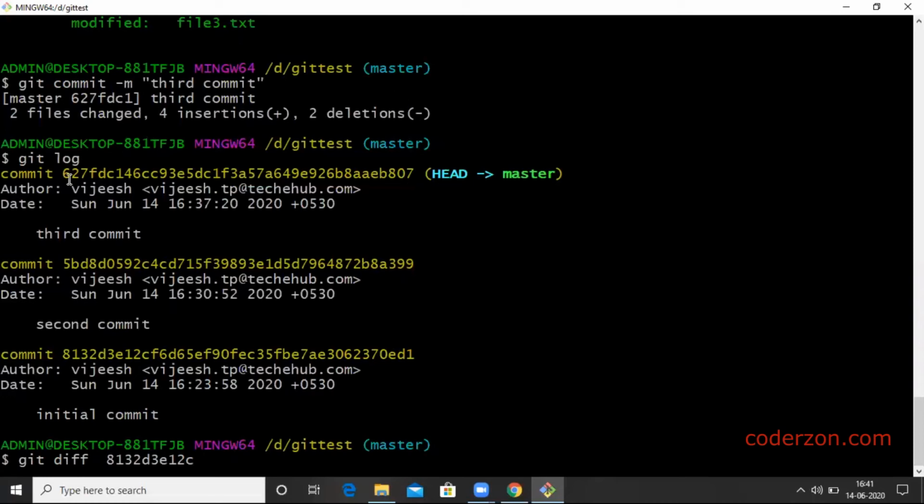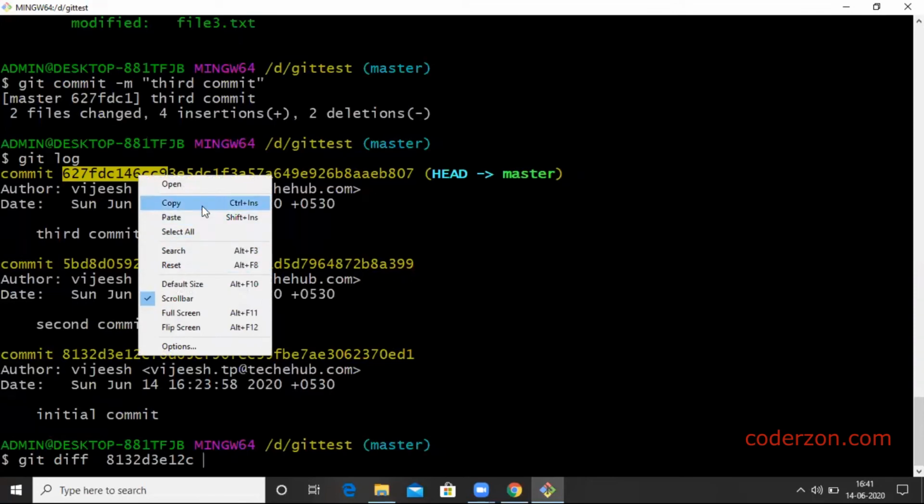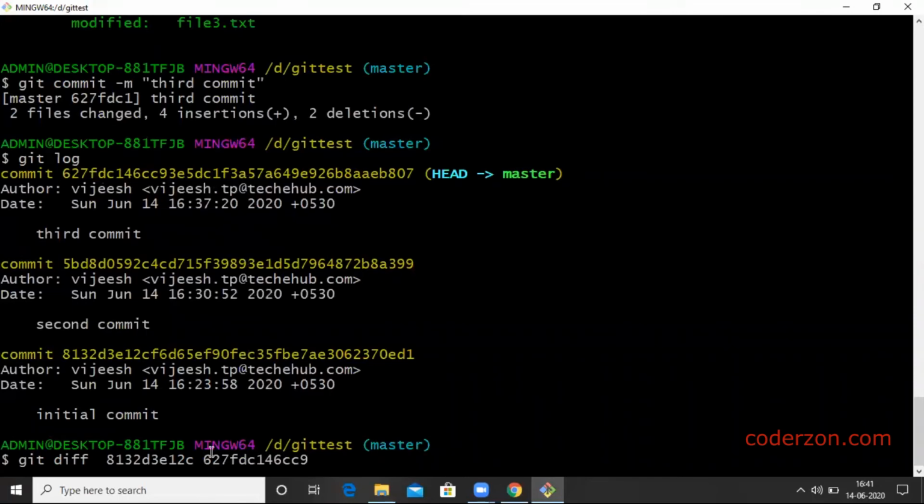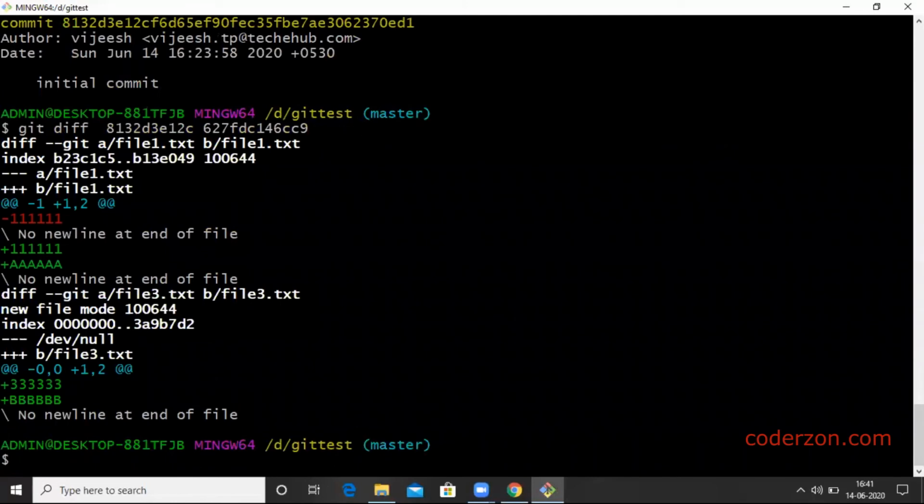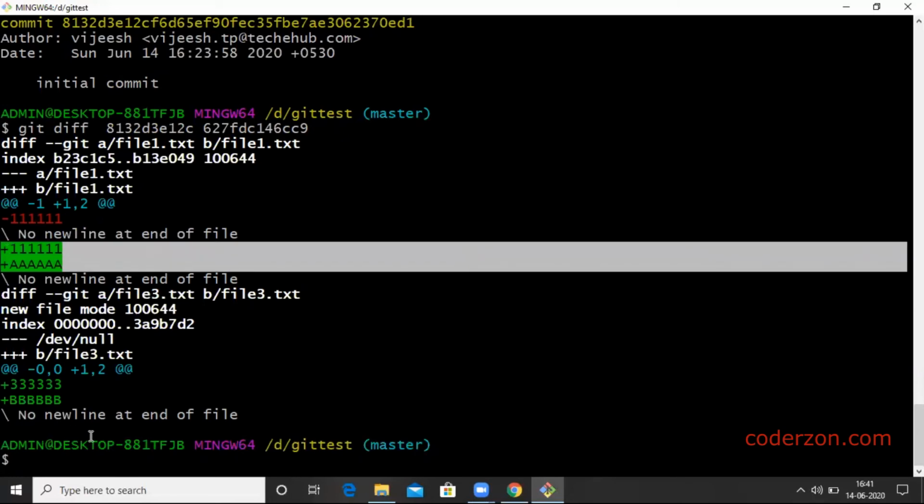and here provide the second one, copy and paste here. So what is the difference between these two? Okay, here we can see earlier only 111 was there. Now we have these two lines in this particular file, and here